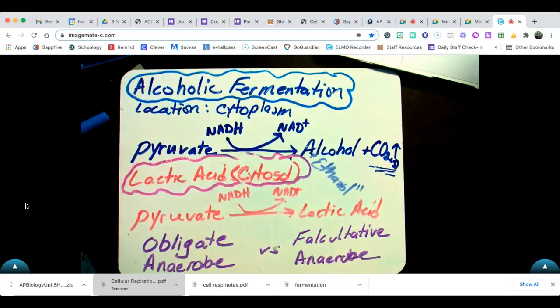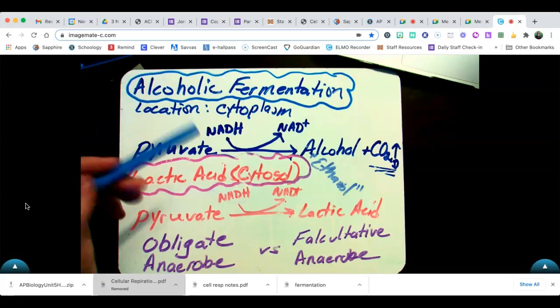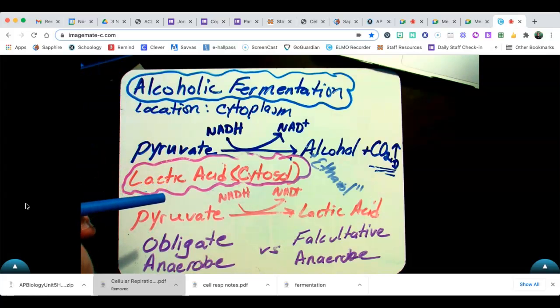And the key thing there is that we really don't generate any ATP, but what we do generate in this process is that NAD+, which could go back into glycolysis to keep that process going to produce those two ATP molecules. And for a bacterium and a small organism like a yeast cell, those two ATP are sufficient to help carry out the cellular functions needed for those particular cells. However, a large, more complex organism like ourselves and other plants, we need to have true aerobic respiration